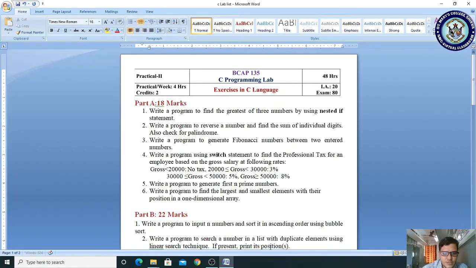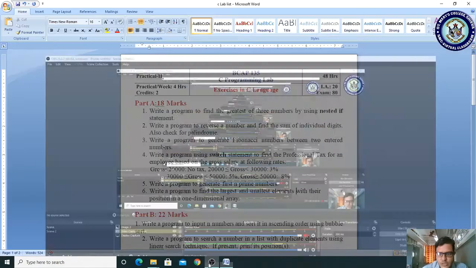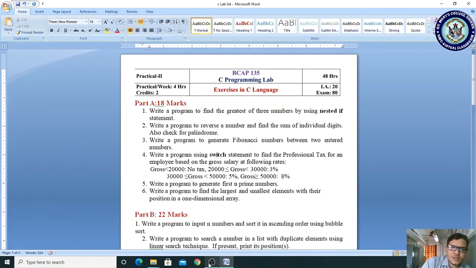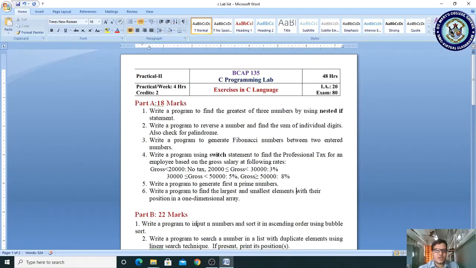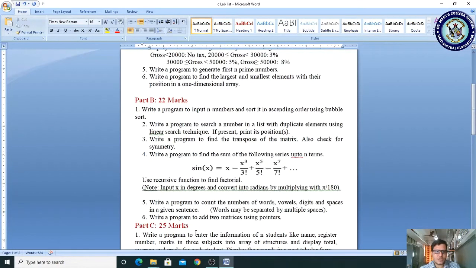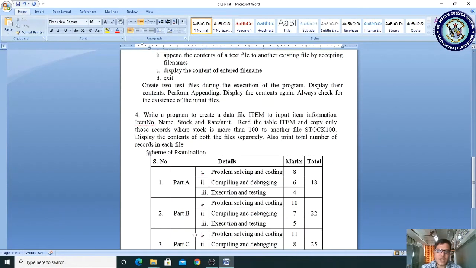Dear students, today we are going to be learning about your lab programs. This is a university practical list. We have three sections: part A, part B and part C. Part A is of 18 marks, part B of 22 marks, part C of 25 marks, and the distribution of